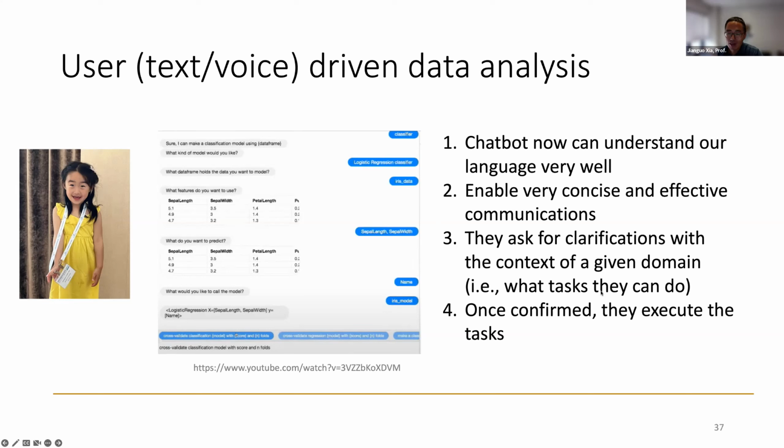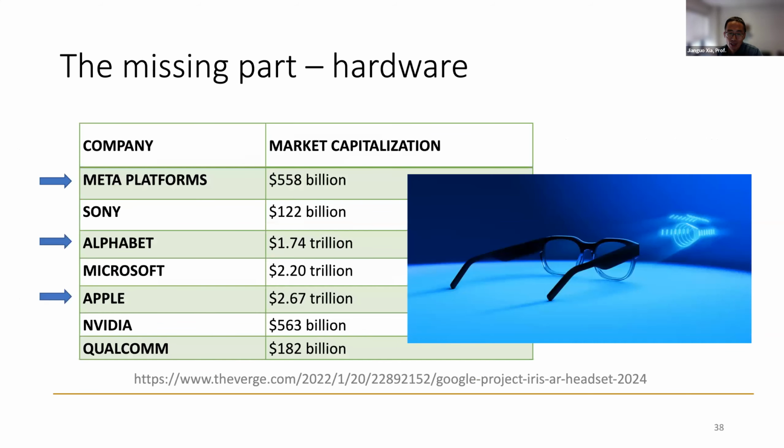So using keyword text or just using voice to do data analysis is clearly doable. And the other question is whether we can do it using augmented reality or virtual reality,